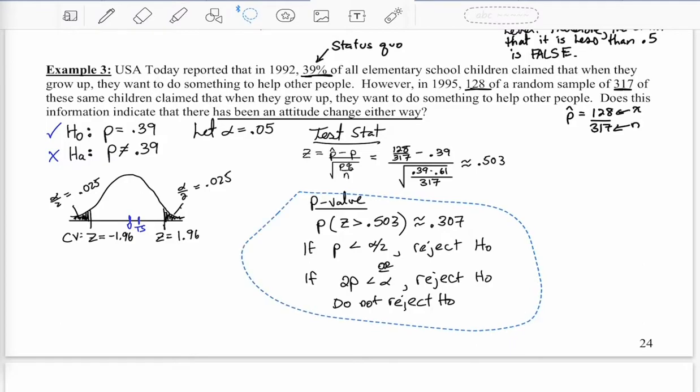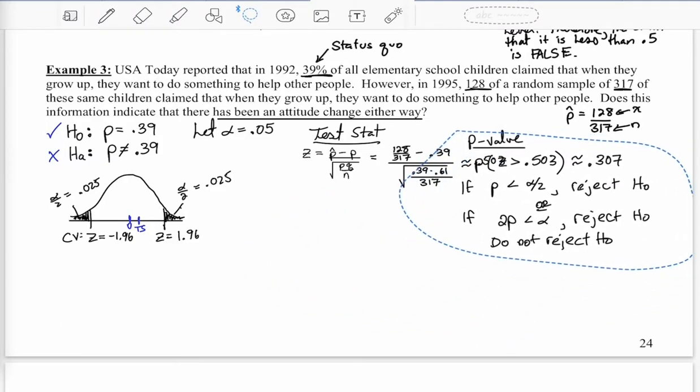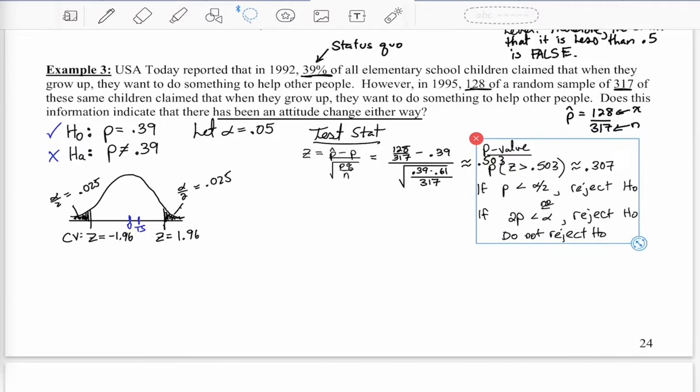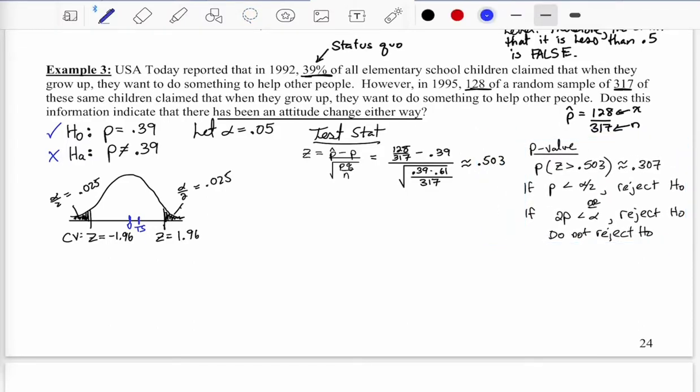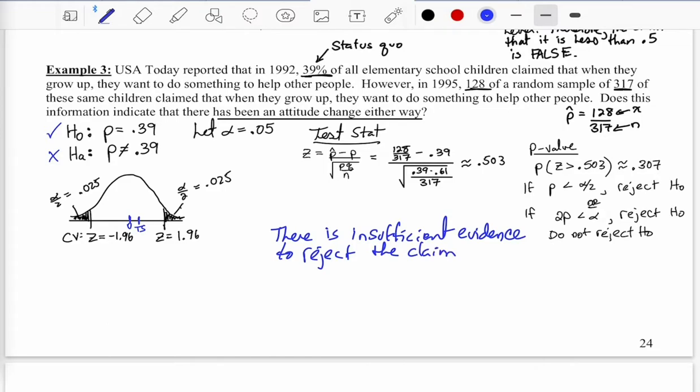Let me just move this over. There is insufficient evidence to reject the claim that the population proportion